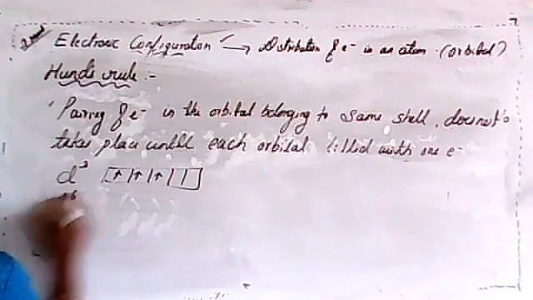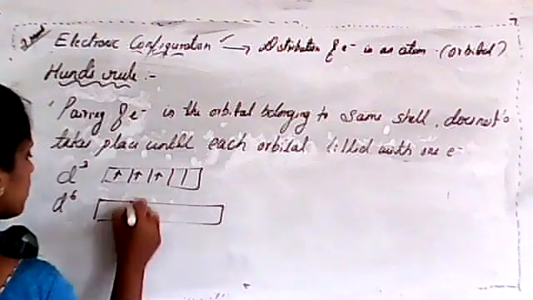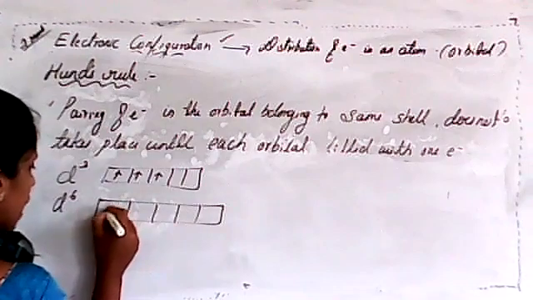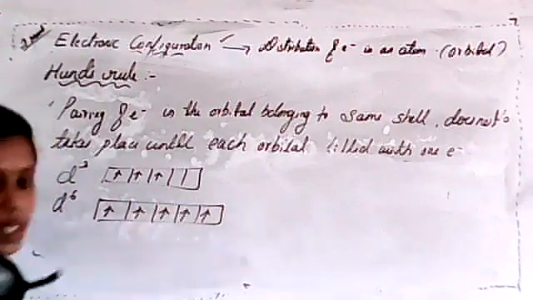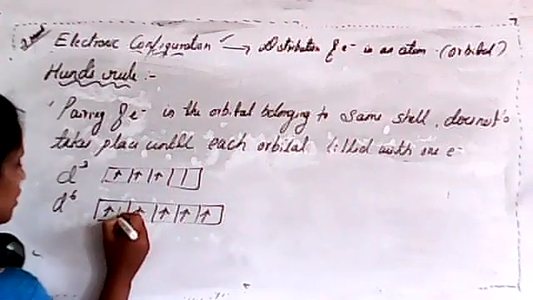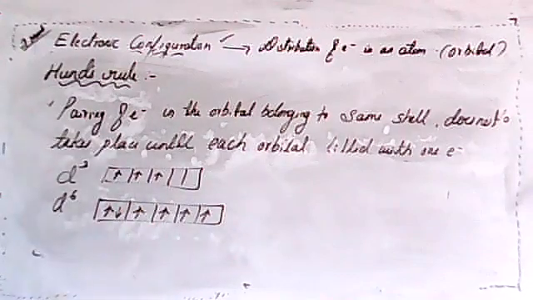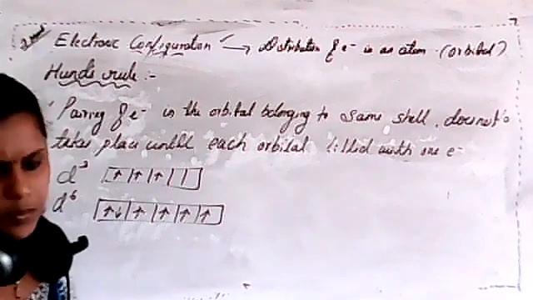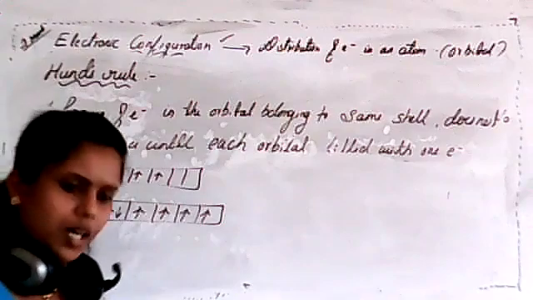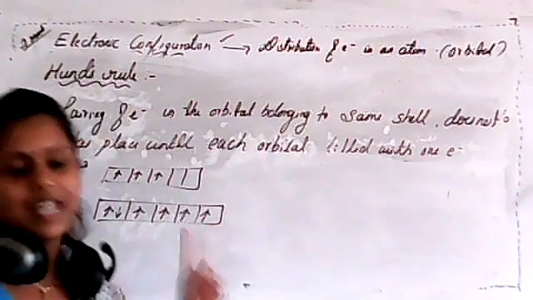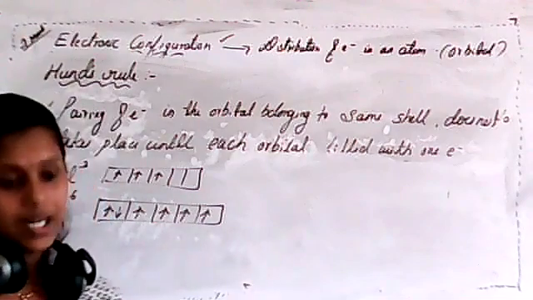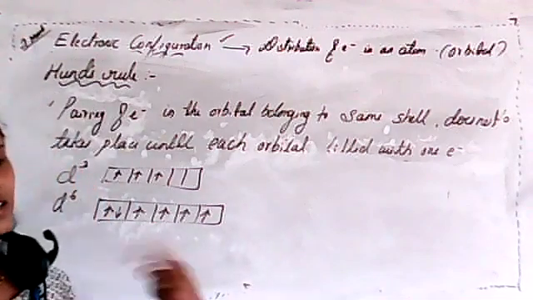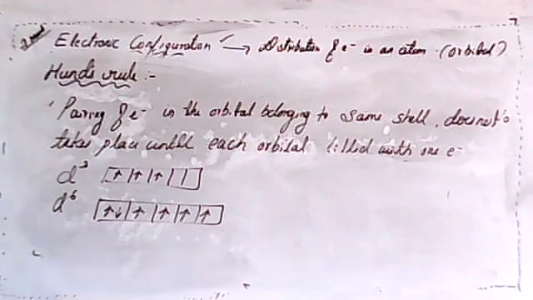If in case it has 6 electrons, in that case, 1, 2, 3, 4, 5. After that, the opposite spin, 6. The third orbital has only one spin. Will it balance? So here we are not judging its energy. It can transfer from one state to another state. I will explain that; it is known as exchange energy.